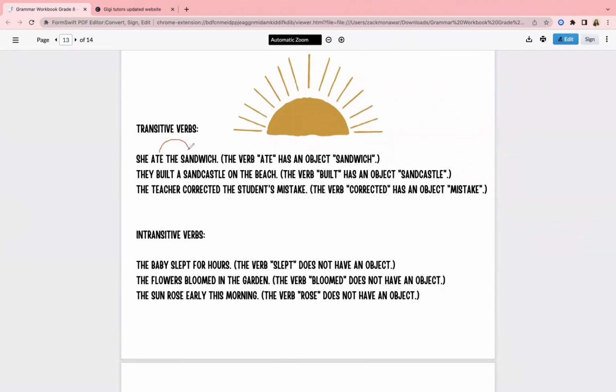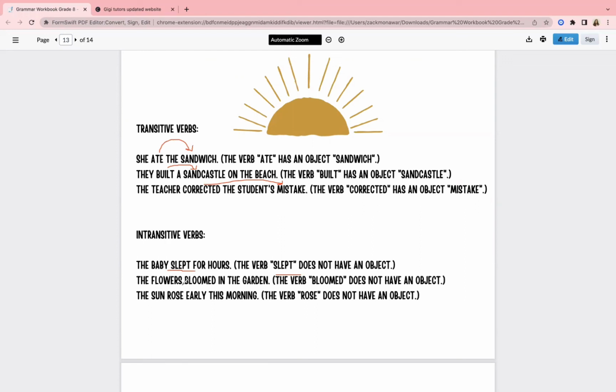Okay, here we have some examples. She ate the sandwich. Ate is our verb, and what did she eat? The sandwich. The object sandwich is receiving the verb. Built a sandcastle. Built has an object, sandcastle. Corrected a mistake. Corrected has the object mistake. Whereas our